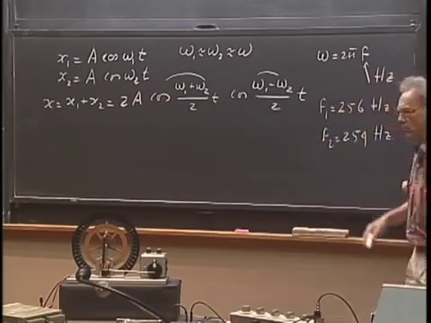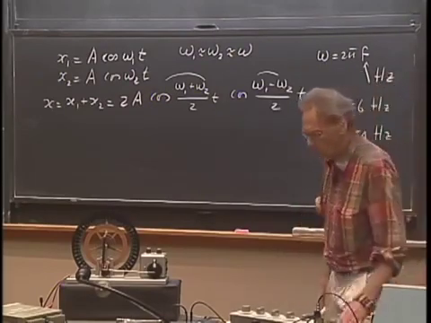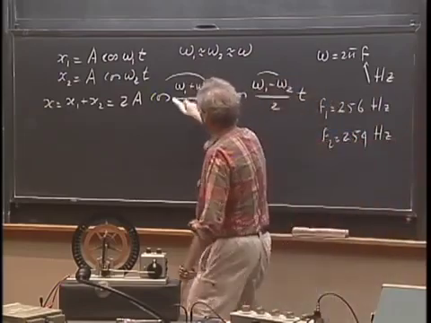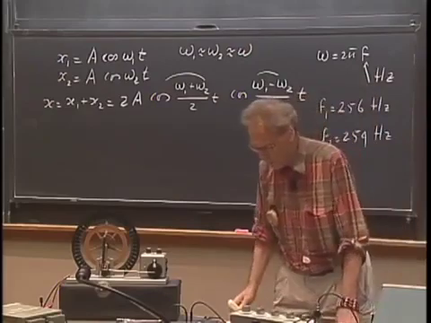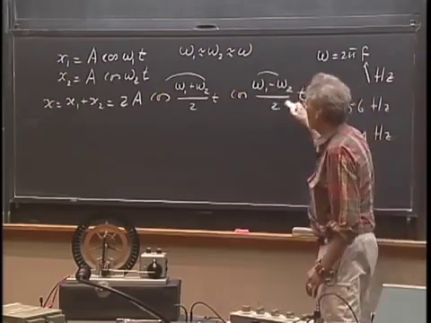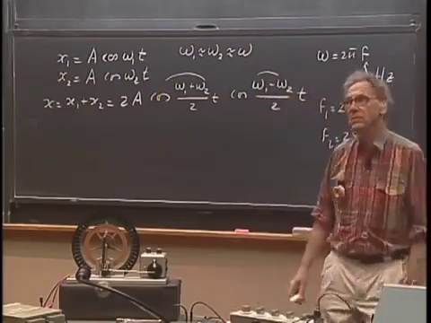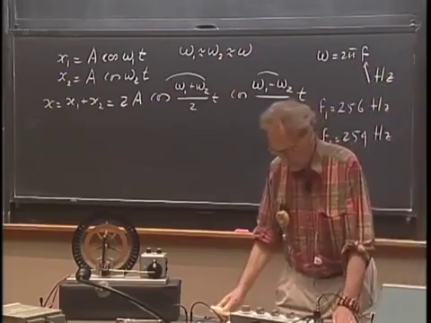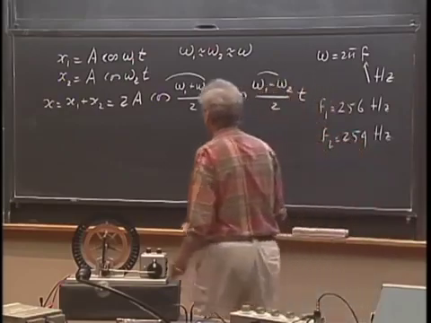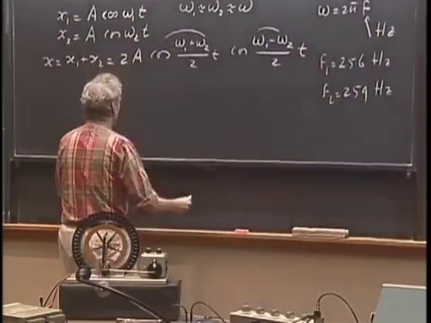If you take these numbers as a working example, then the period of this oscillation is 1/256 of a second, but the period of this oscillation is 1 second, because it's the difference between the two divided by 2. And so what happens is that if you make a plot